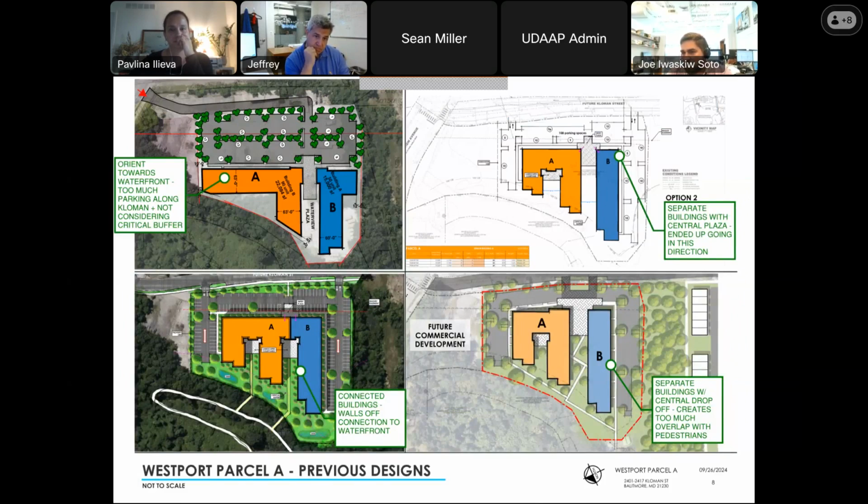I think when we developed this plan, we didn't realize the extent of what Cloman Street wanted to be, and then also some of the limitations that we had towards the rear of the site with how steep the site dropped off. And so we moved down to a connected building presence where A and B,